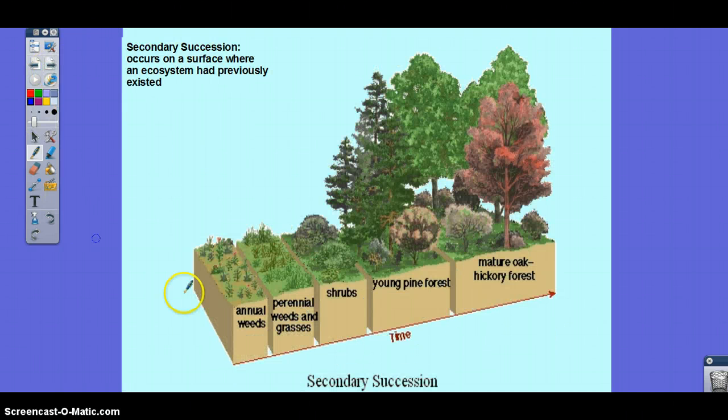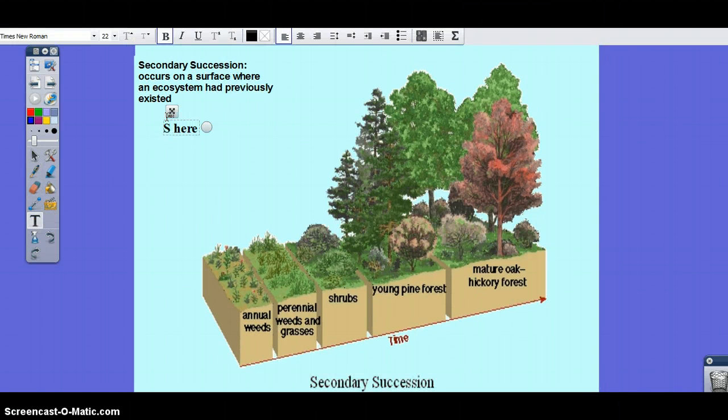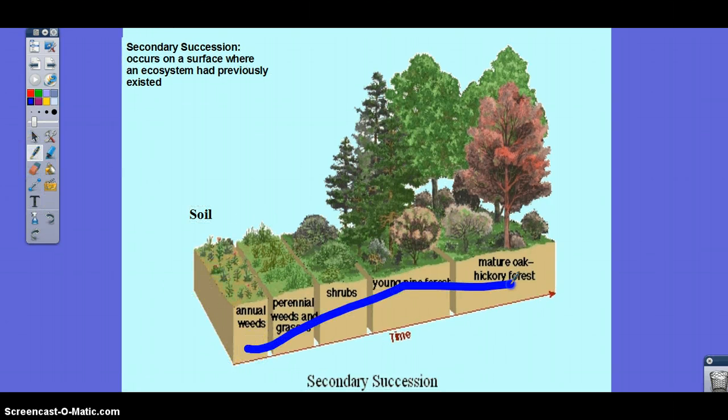In secondary succession, you start with soil, so it's not a lifeless habitat. And there is no introduction of primary species. You're going to have in soil, there's organisms, decomposers, insects, there's nutrients, there's water, so all the components necessary for life, carbon, hydrogen, oxygen. And over time, you'll have the same conditions.